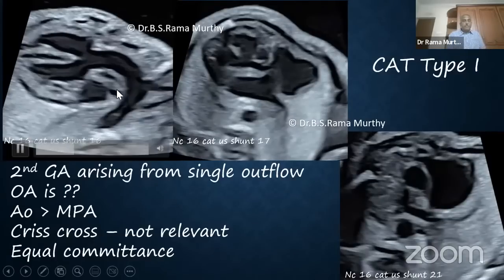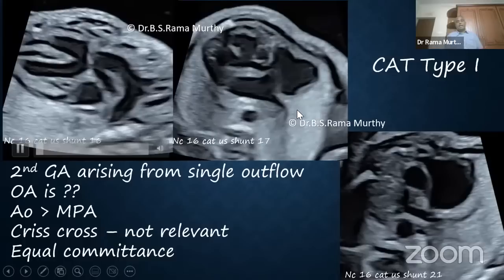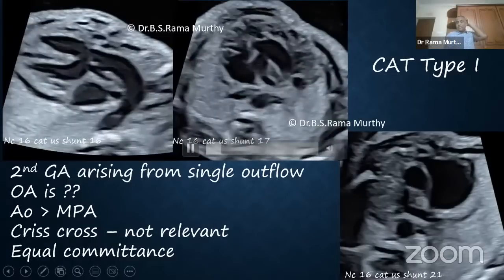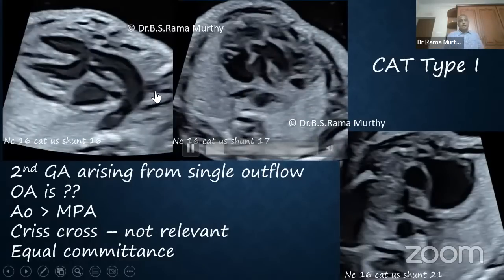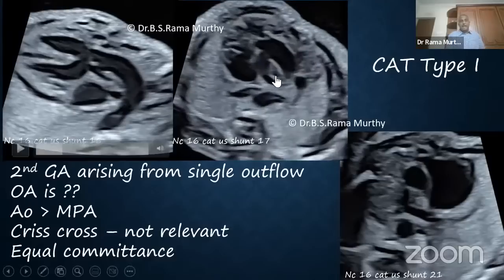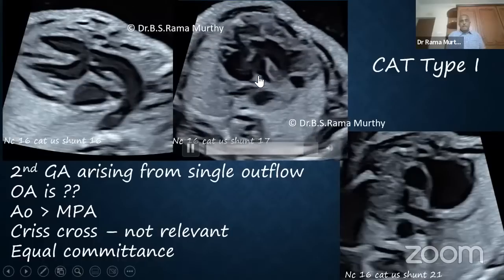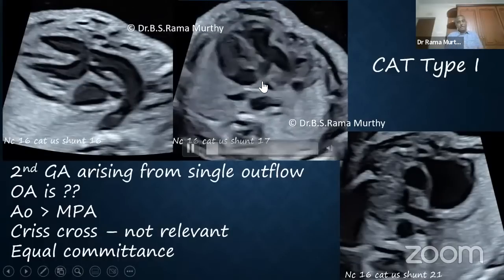So now if I were to call this the pulmonary artery, I must rotate the transducer and try to get other views. The first view I get when I go axial, this was oblique, the LVOT is a parasternal oblique view, this is axial. You find that this is the common arterial trunk. That is the truncal valve, which is abnormally thick. That is the aorta, which is larger caliber. This is the pulmonary artery, which is smaller caliber.